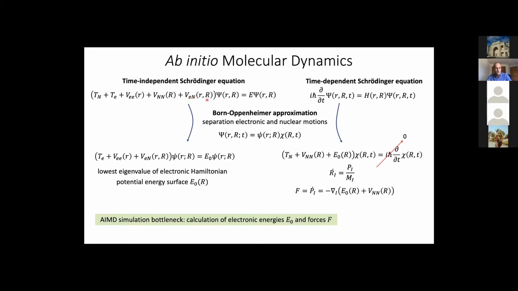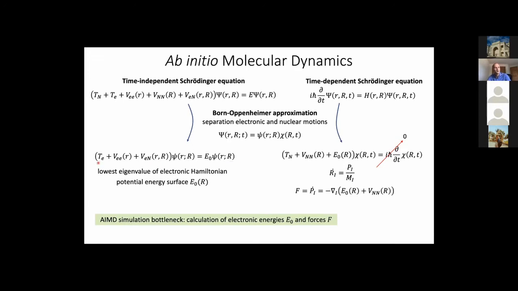To solve this equation, perhaps the most common approximation is the Born-Oppenheimer approximation, which separates electronic and nuclear motions, taking advantage of the fact that electrons move much faster than the nuclei, and it assumes that electrons adjust instantaneously to the changes in the position of the nuclei. And so we are able to separate these